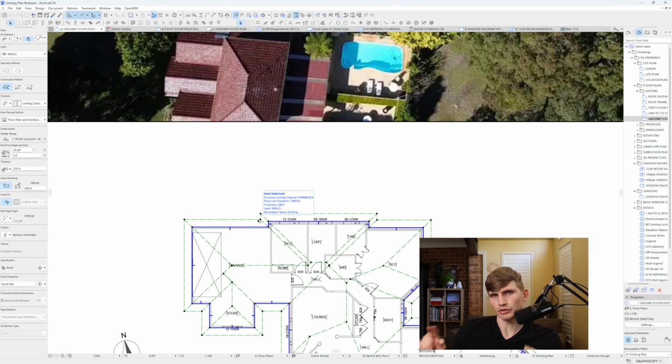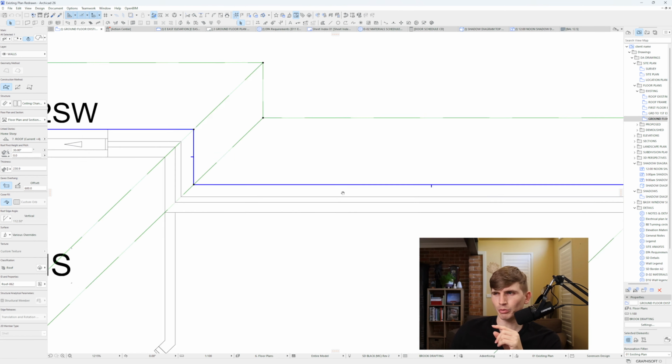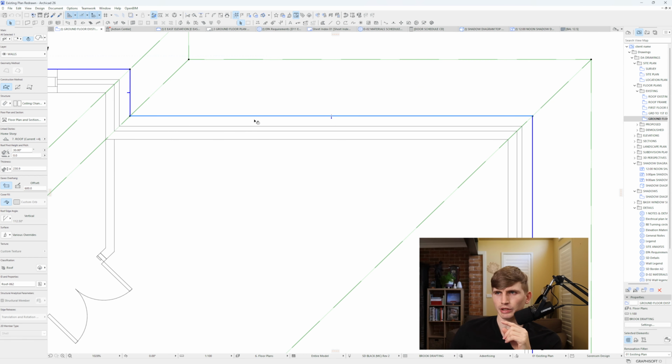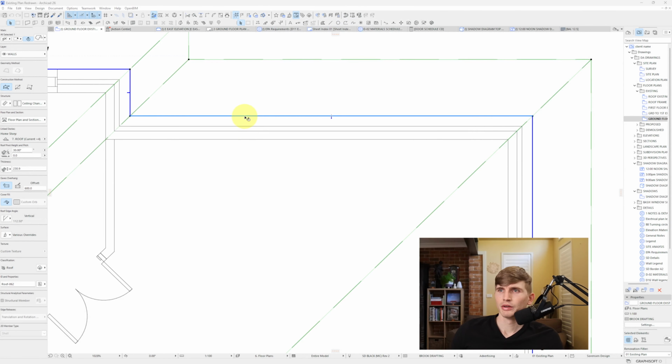Now, the way we've done it just here at the moment is good to get us started, but the pitching point isn't set in the right location, because the pitching point needs to be on top of the exterior portion of the stud wall. So to zoom in here for a second, this wall essentially represents a brick veneer wall. This external part is the brick portion of the brick veneer wall. This middle bit is the cavity, and this bit just here is the actual stud itself. So with your pitching point, you want it to be on the outside of the stud wall,